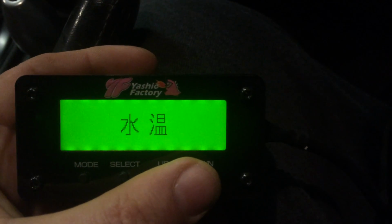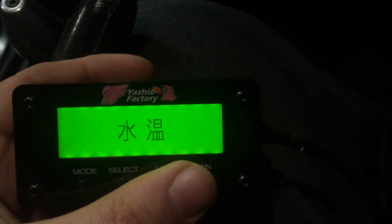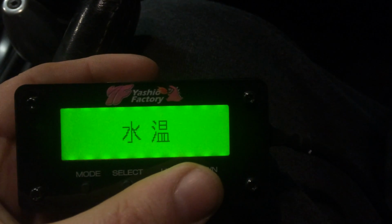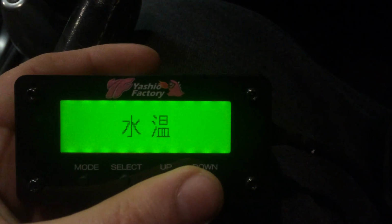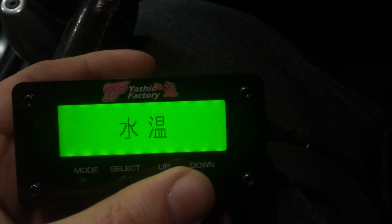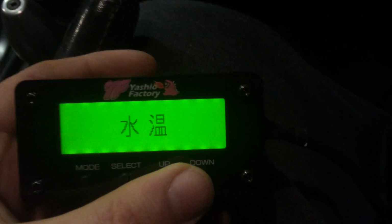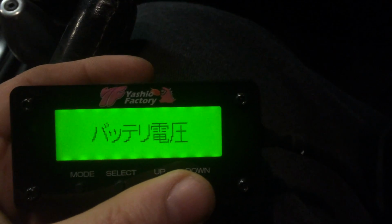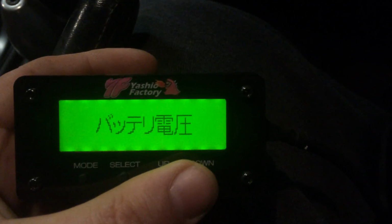Next is water temperature. If you're using an aftermarket sensor and not the factory meter that's on the dash anymore, you're not going to get this value. It'll be blank. I don't think you can wire in a DEFI sensor either because the values are different. You wouldn't read correctly. Battery voltage,